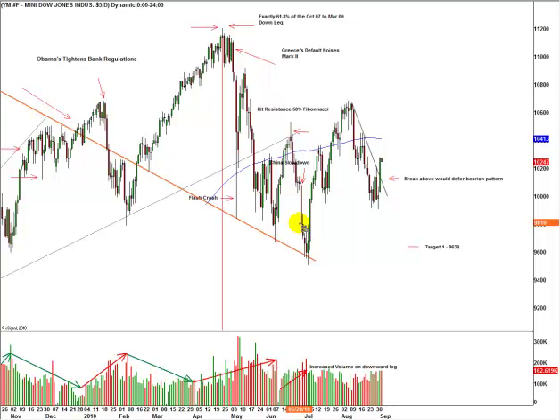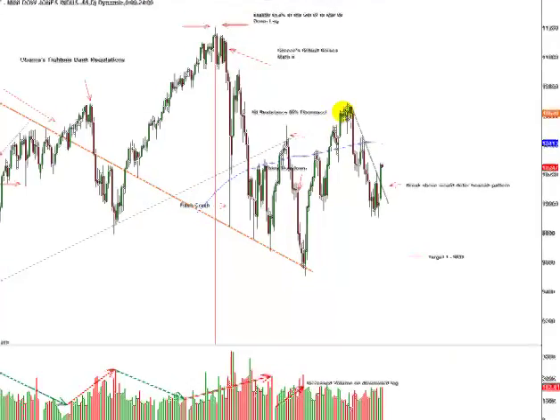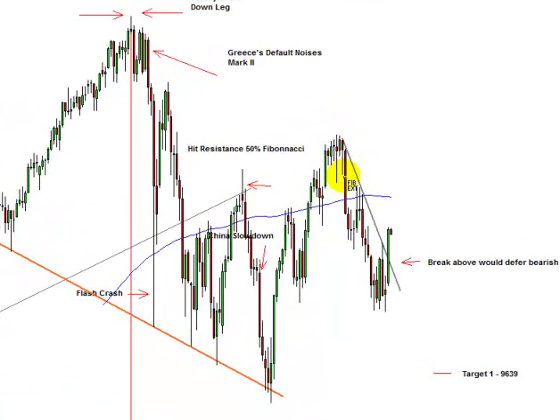Hi, Richard Martin, Thursday the 2nd of September, and this is a chart of the Dow. Looking at the trading plan going forward, we have a little bit of uncertainty given the strength of the move